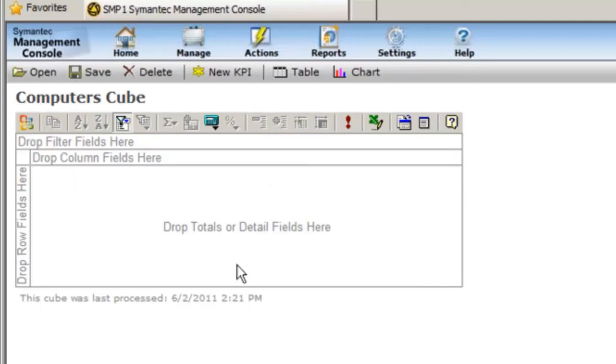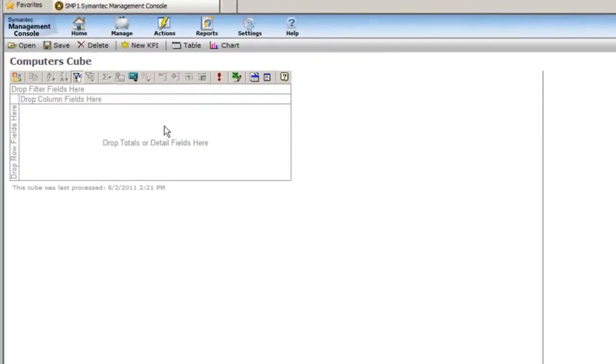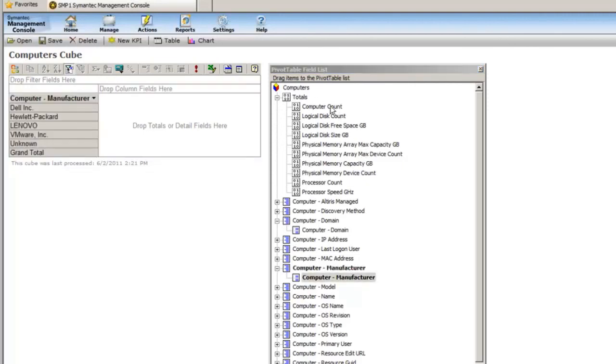So I'm going to do this in my computers cube in IT Analytics. I'm going to show you how fast and easy that is to do. So I'm going to activate my grid here. And I know that I want to know about manufacturer, so I'm going to drag that in as a row. And I know I want to know the total number, so I'm going to drag that in a total field. And I think that my manager wants to know which domains those are in, so I'm going to drop that